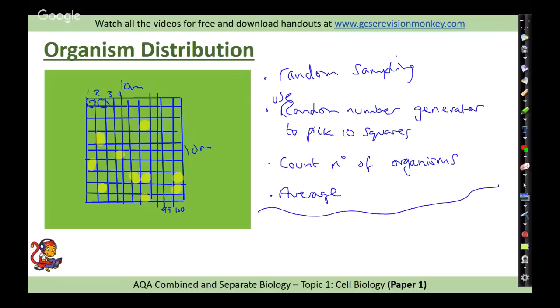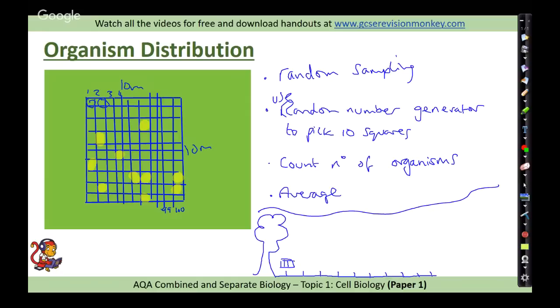The other thing that you might want to do as far as sampling that you might see is using a transect. So let's say we have a tree. To sample away from one area to another, you would lay down a tape measure, and then every meter or 2 meters, but at regular intervals, you would place your